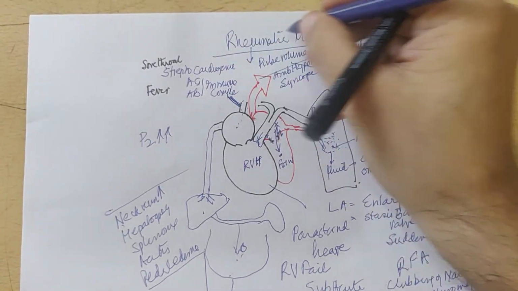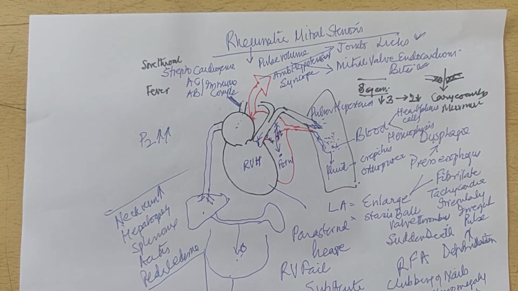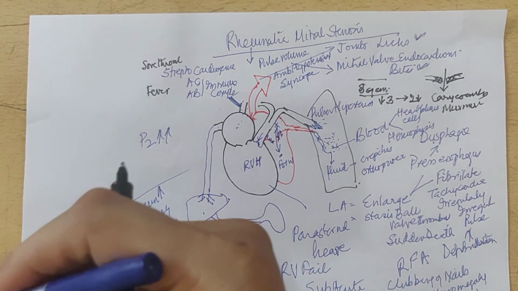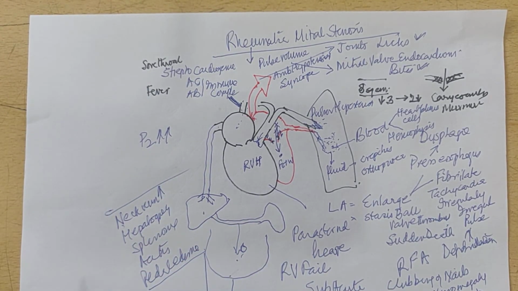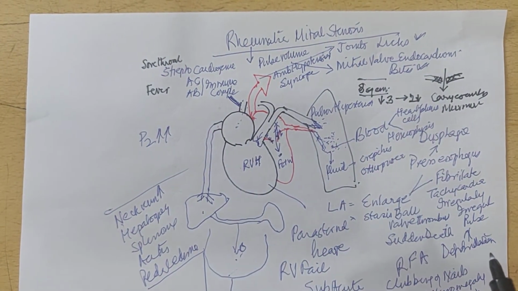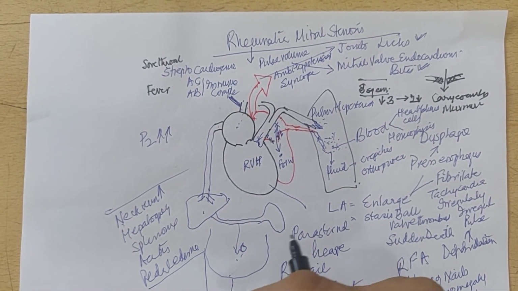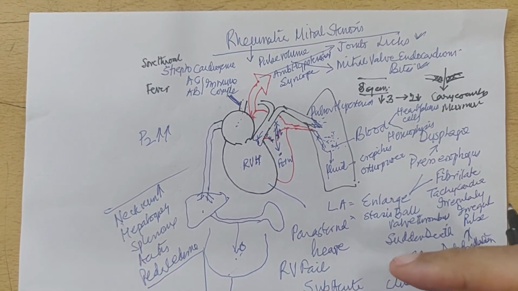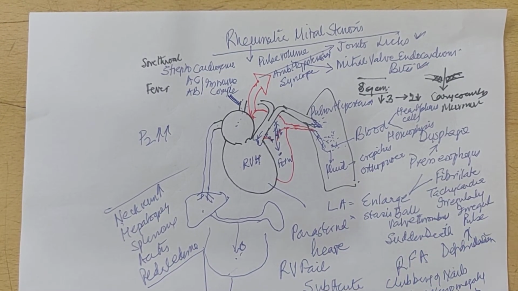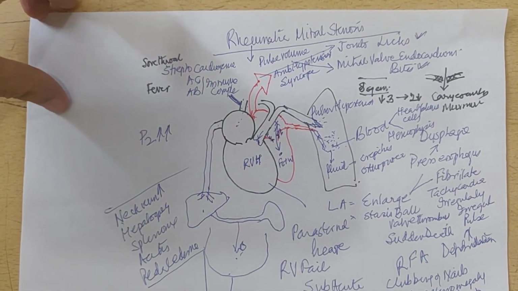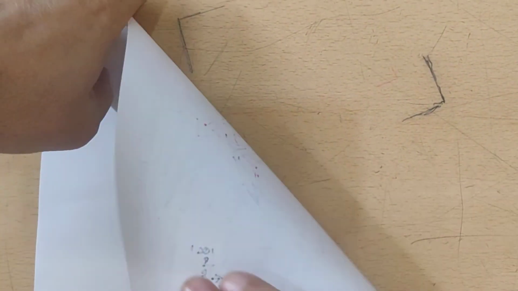So, if you are making a diagnosis of rheumatic mitral stenosis, then it is your duty to look for everything that can happen in this pathogenesis. And your diagnosis, history taking and examination should show that you have looked for them. The only thing that you have to additionally understand is what is the murmur of mitral stenosis and why is it that way.